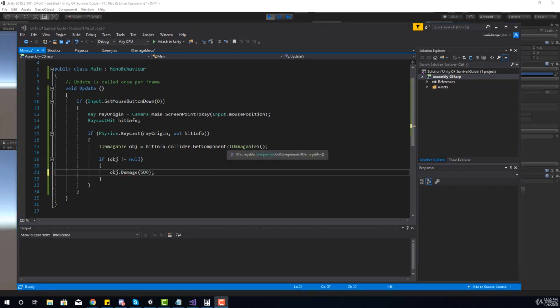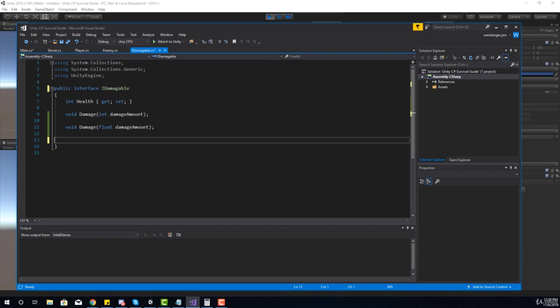Alternatively, what we could do is we can create a generic interface. Now, this is definitely more advanced, but one of the things we could do in our iDamageable contract is we can say, let's let the class that's implementing this interface determine if it's going to be a float or an int. Instead of having, say, 50 different damage methods here with, say, one is going to take GameObject and one's going to take int and float, what we can do is we can create a generic type that lets you define what you want to do. So let's say our player is going to deal damage in ints and our enemy is going to deal damage in floats. Instead of having two different contracts and forcing the implementation of that, we can get into a generic